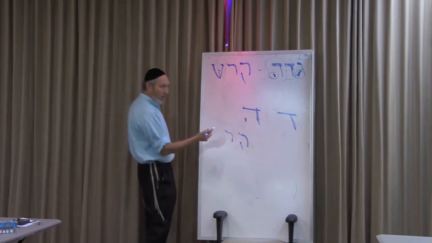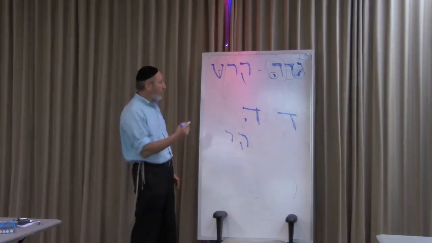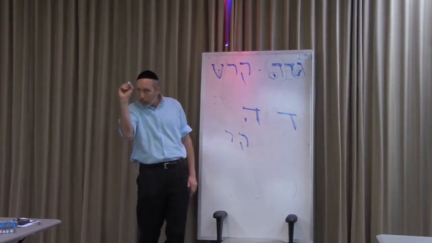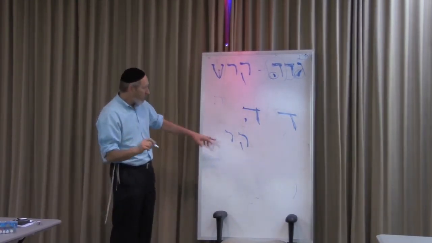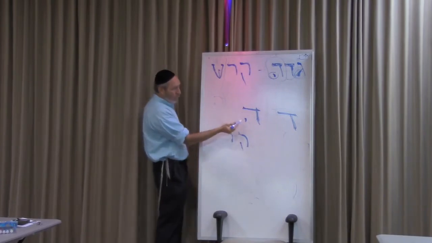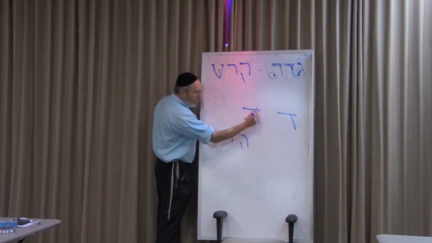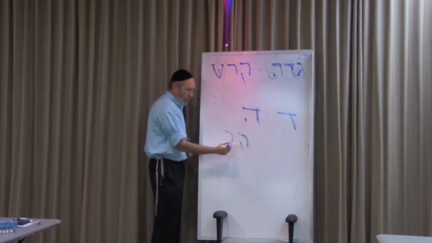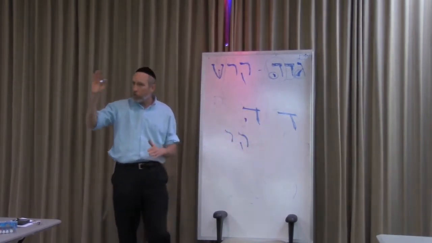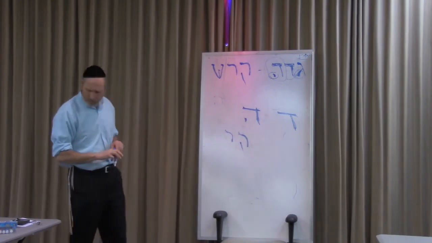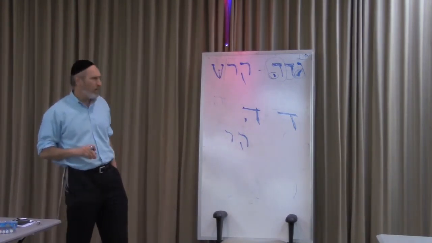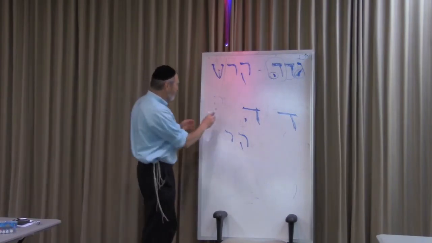So they're similar, and that's why very often when most people write them, like you write a hey like this. When you write in a Torah, you make it more precise. When you want to do it right, you make it more angular. This is more sharp, defined as lines, and this is more of a curve. So why are these differences? What's it supposed to be about? Let's understand some fascinating, amazing things here.